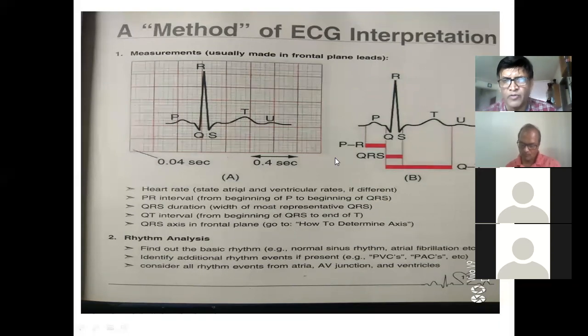RR is the interval between the two ventricular contractions, or two subsequent PP. Because the P wave is not a pointed one, whereas the R wave is a pointed one. You can see it very clearly. The R wave is more pointed. So there is one point of reference which is very clear with the R wave. So the two subsequent R waves, which normally you take a reference of lead 2.